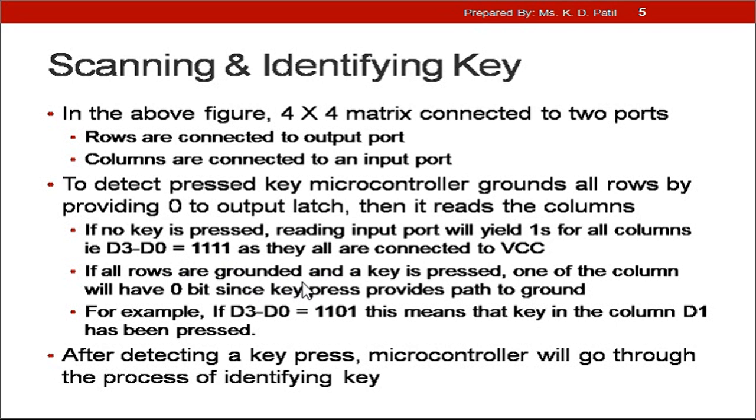If all rows are grounded and a key is pressed, one of the columns will have a 0 bit since that key press provides a path to the ground. For example, if D3 to D0 has a value of 1101, this means that a key in column D1 has been pressed.